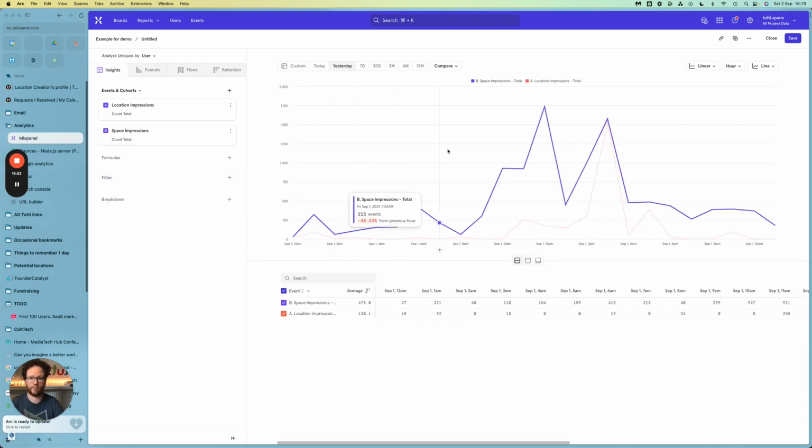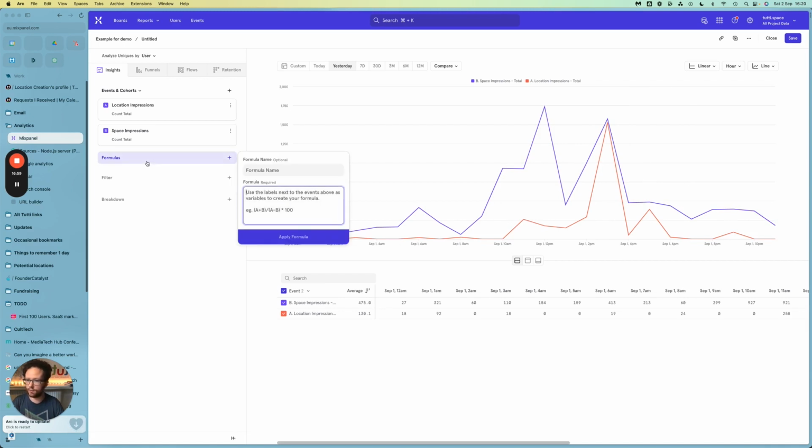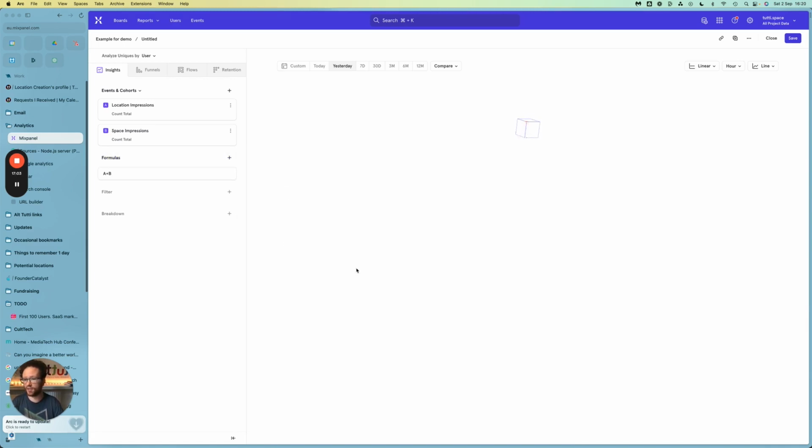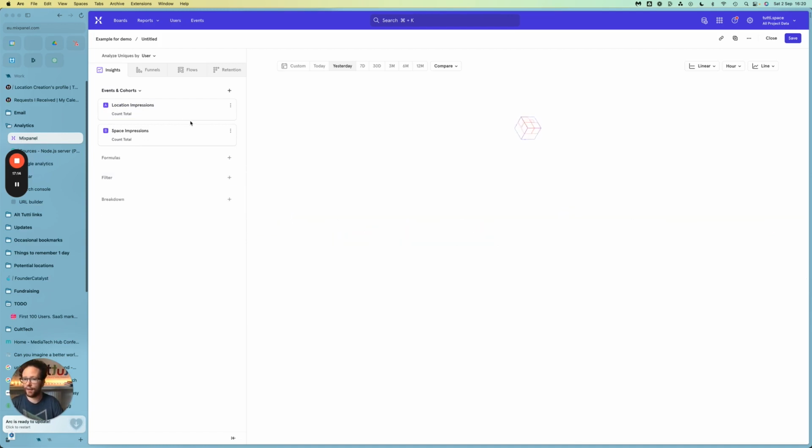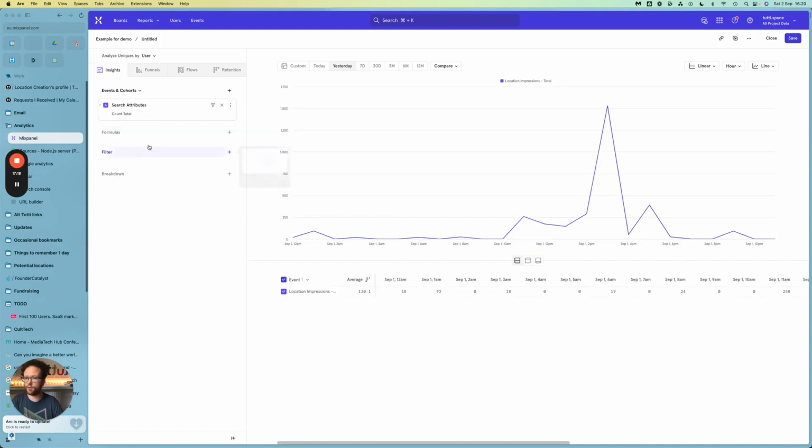So great, cool, pretty decent amount of data. But how much is it together? You simply put into formula A plus B, and there we go. There's all of your impressions from both of those listings yesterday. It's that simple. And then if we go back to search attributes,